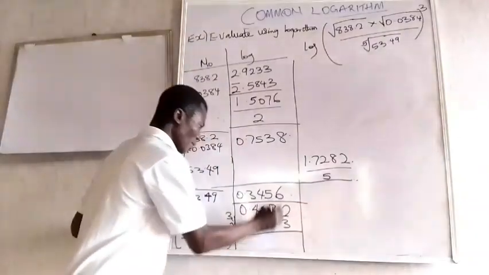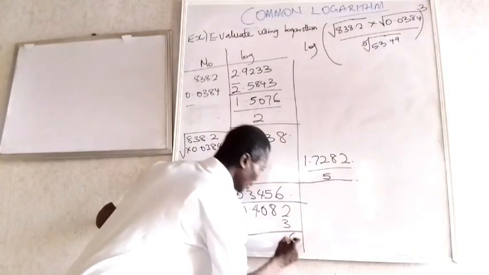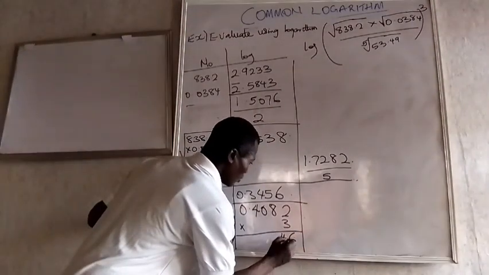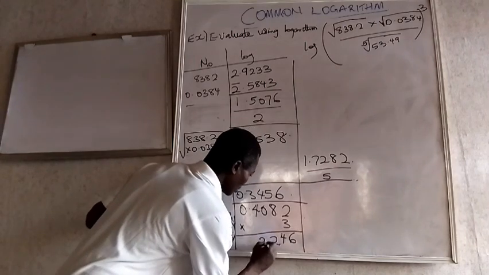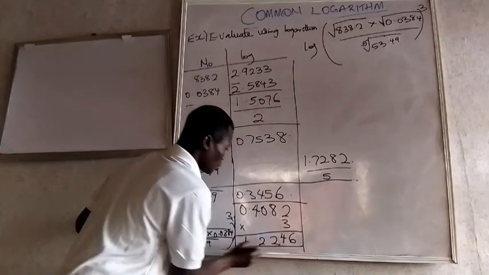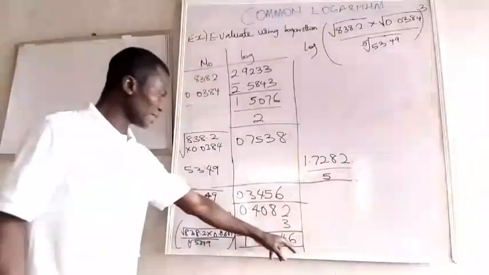So the logarithm is this one times 3. So now let's do it. So our final answer will be the antilog of